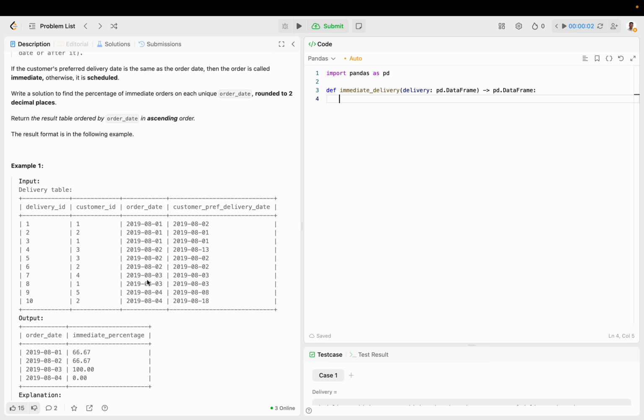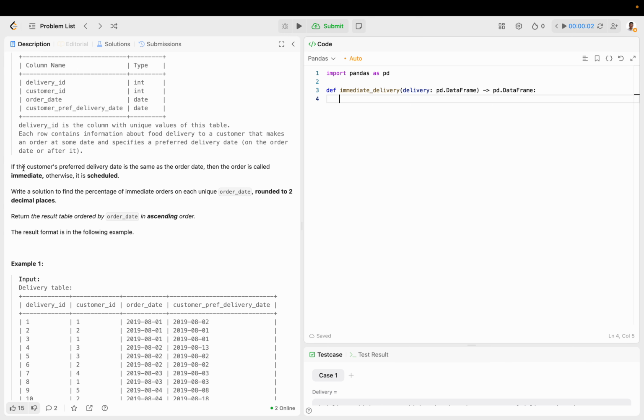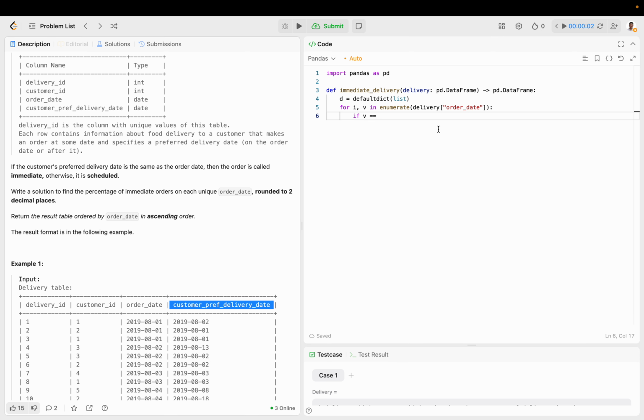And then you just want to find the percentage of immediate at the end. So first, let's take care of each requirement one by one. If the preferred delivery date is the same as the order date, as it says right there, then it's called immediate. Otherwise, it's called scheduled. So it's going to be one or the other. So let's create a default dict of type list. Let's iterate over delivery order date, and let's say if v is equal to this column's current value of i, so delivery of customer